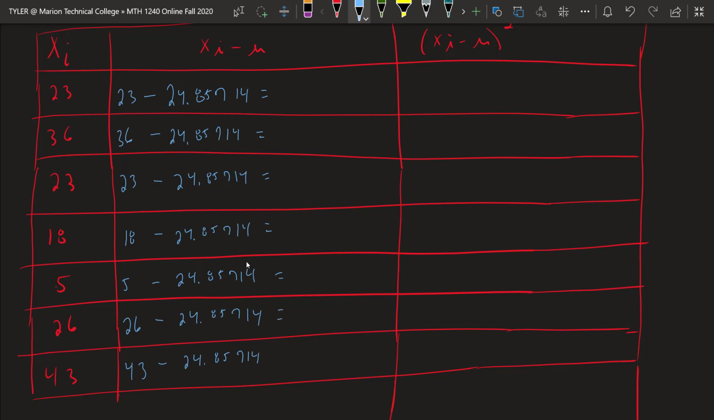And then you could use your calculator and just subtract these. So the very first one, you should get negative 1.85714. And then if you square that, right, so here you're just going to take whatever value's here and square it, and we get 3.4489698. Right? So the next one, you take 36 minus 24.85714, and I get